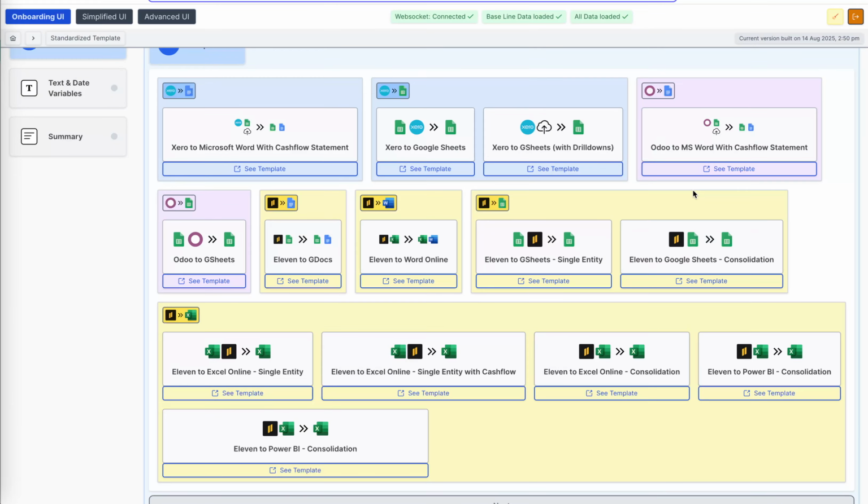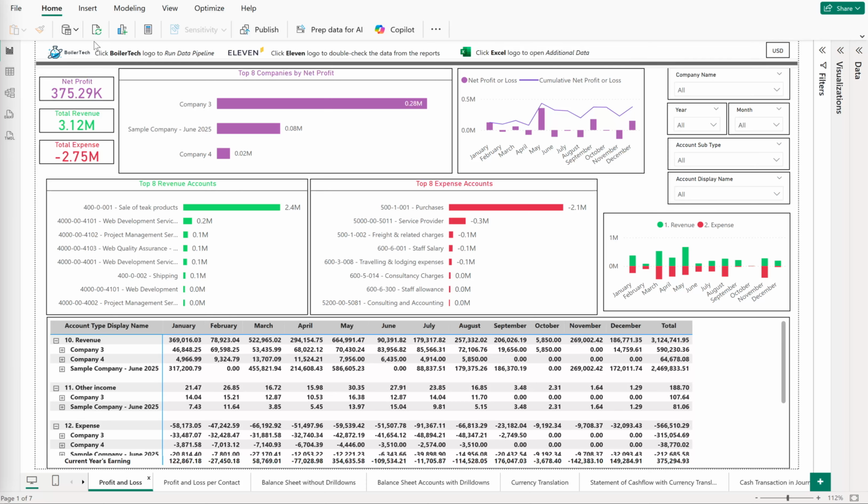I will explain how we transfer data from accounting systems directly to Power BI reports. In this example, we will take the data of several companies with their accounting in 11 accounting, and we'll transfer them to Power BI. First of all, we will generate an Excel Online file that will automatically be used by